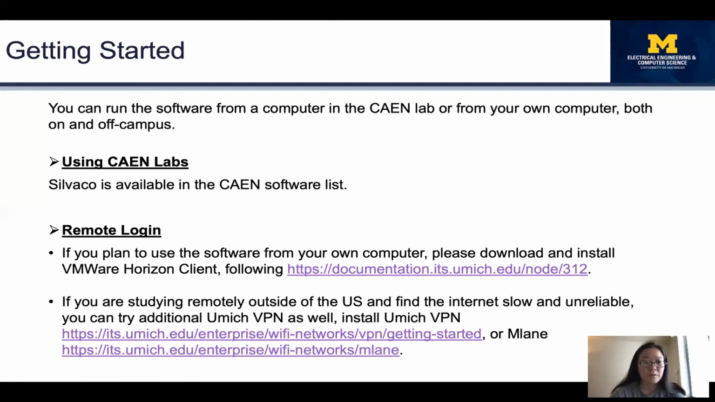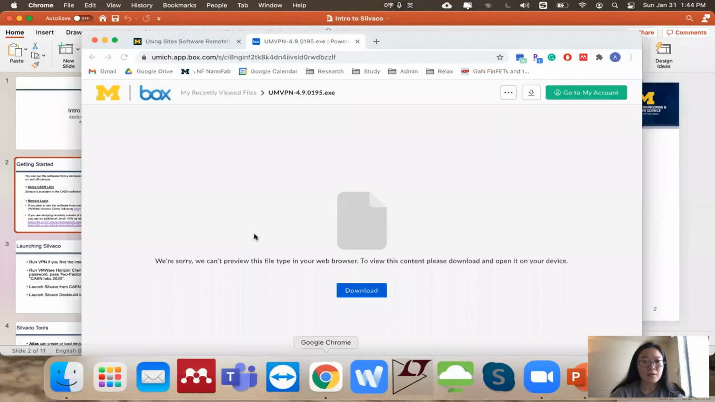If you want to do the remote control, first we have to install the software called VMware Horizon Client. This is necessary for all remote control. And also, if you are studying remotely outside of the US or you find your internet slow and unreliable, I would also recommend you download the UMich VPN or the MLAN. So let me show you how to